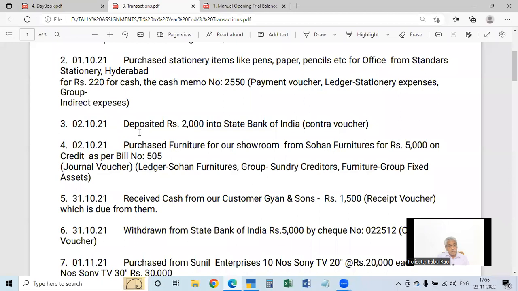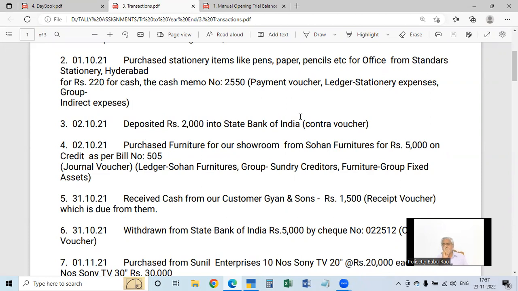Same day, 2nd October, deposited 2,000 rupees into State Bank of India. So in the State Bank of India, we deposited money. Cash to bank, bank to cash, cash to petty cash, bank to bank, all these come under contra voucher. So this one is entered in the contra voucher. In the contra voucher, it also says debit and credit. When you are depositing, we have to first credit,